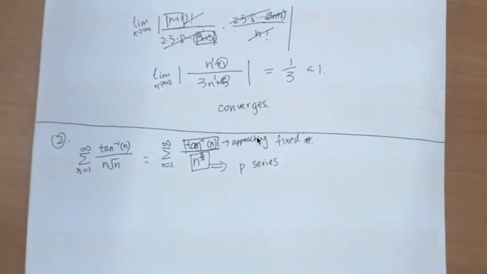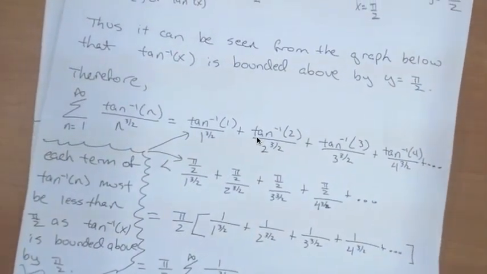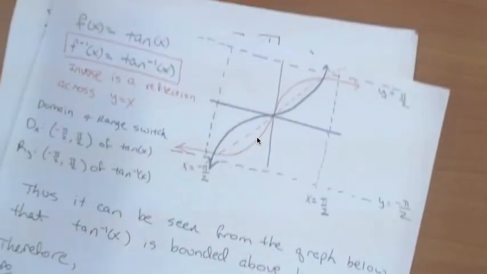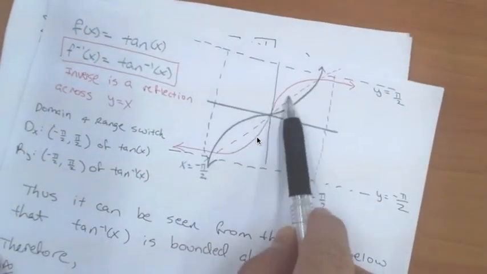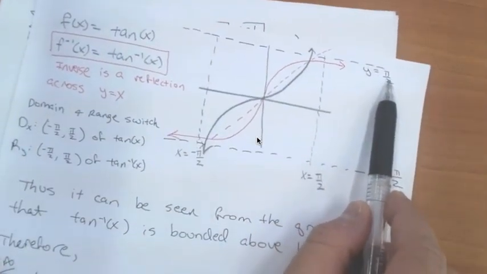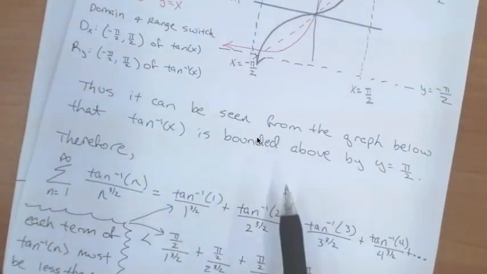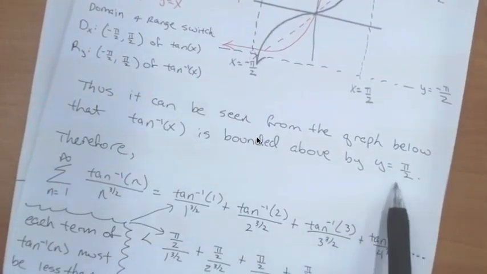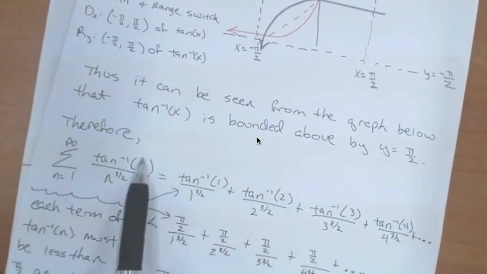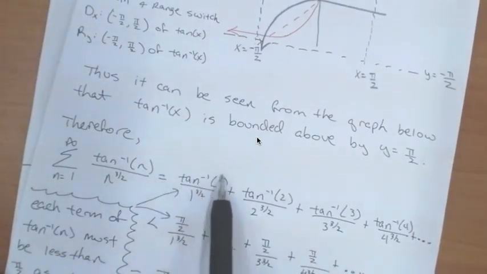Since we can see from the graph that the function is always approaching pi over 2, the arctangent of x is bounded above by y equals pi over 2. Therefore, we can expand out the original series to arctangent 1 over 1 to the 3 over 2 power